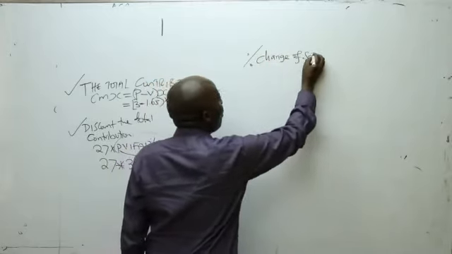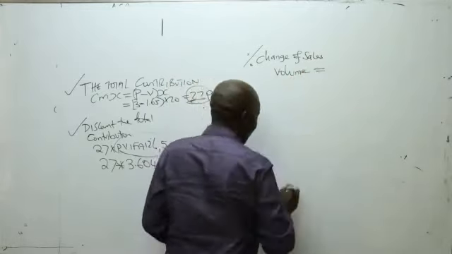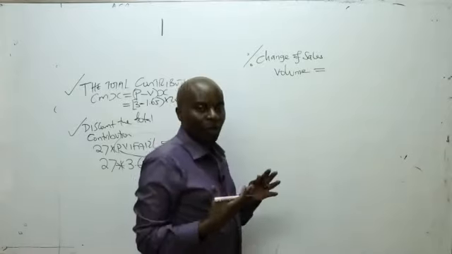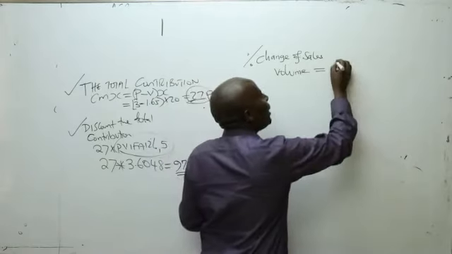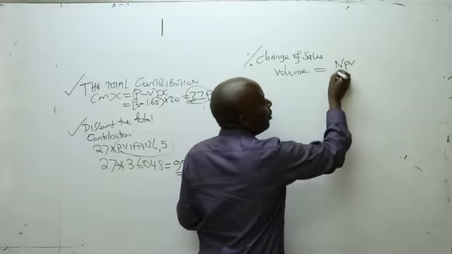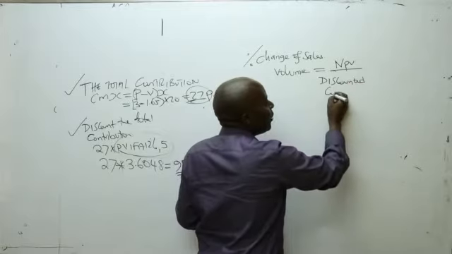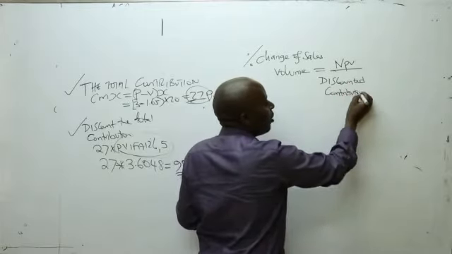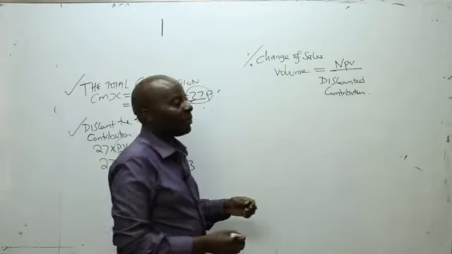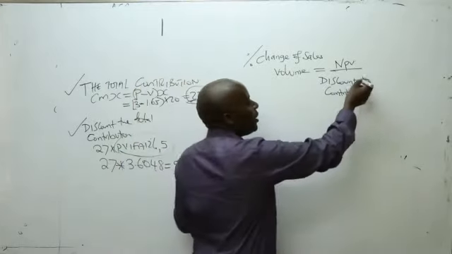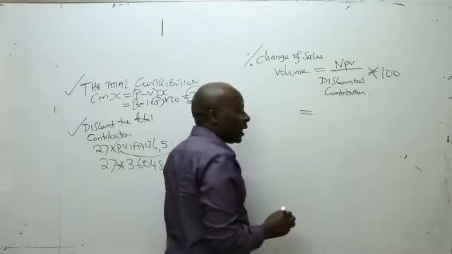of sales volume. The percentage change of sales volume will be equal to the percentage change of our NPV due to changes in volumes, which will be equal to the net present value all over the discounted contribution, times, of course, 100. So, ladies and gentlemen, the net present value will be equal